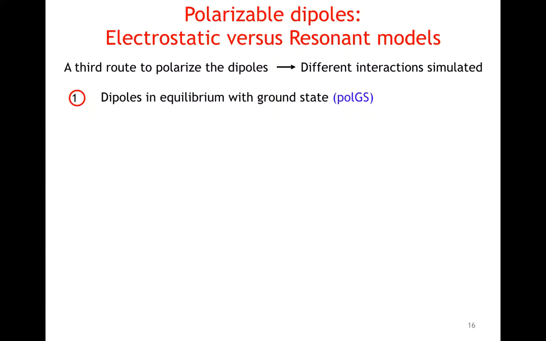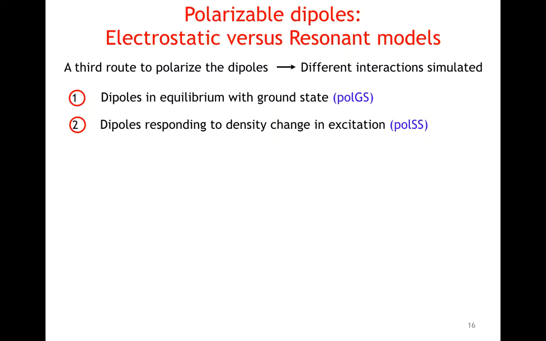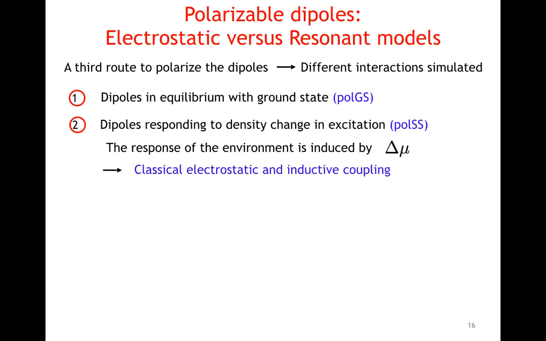Just to make a summary, I said that we can compute classical dipoles and put them in equilibrium only with the ground state, or we can recover a state-specific correction accounting for an electrostatic relaxation of the environment on the excited state density of the chromophore, and this correction is induced by the difference between the excited state molecular dipole moment and the ground state molecular dipole moment. In the case of retinal in rhodopsin, this quantity, delta mu, is supposed to be large, so we are quite surprised